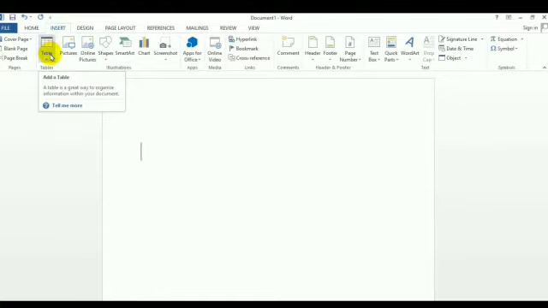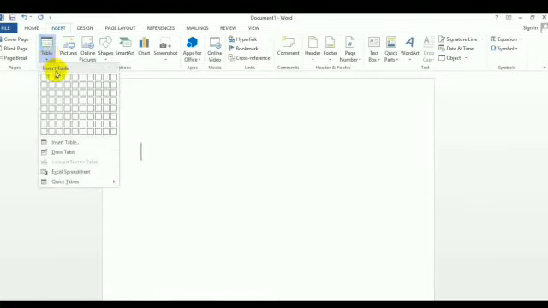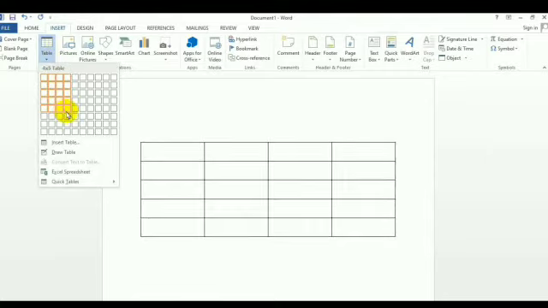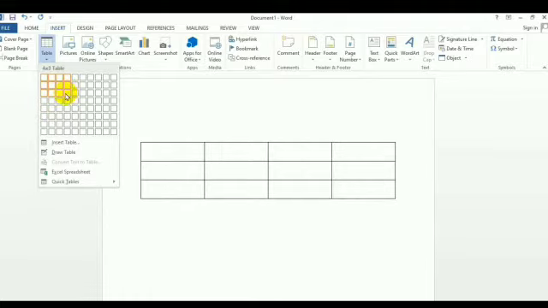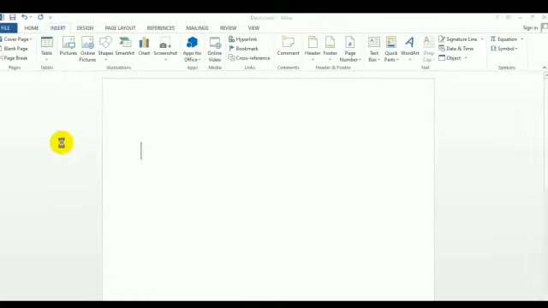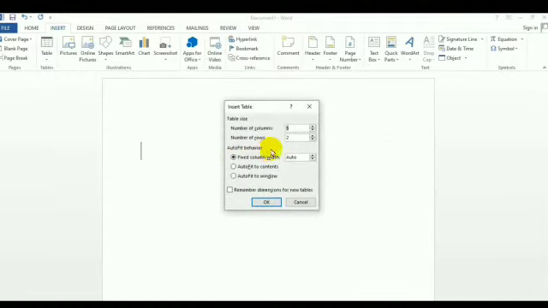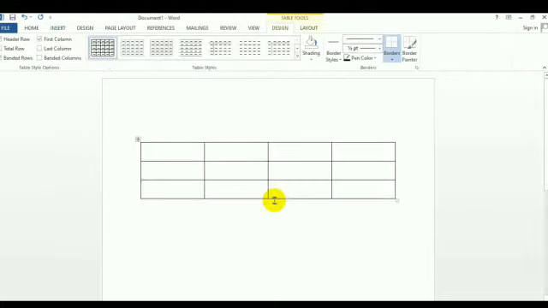So there is the option Table in the Insert tab. Now you can directly take the columns and rows also by clicking the Table option. There is again an Insert Table option. Now we have to mention the number of columns and here rows also. Once you mention them, the table will be formed on the page.